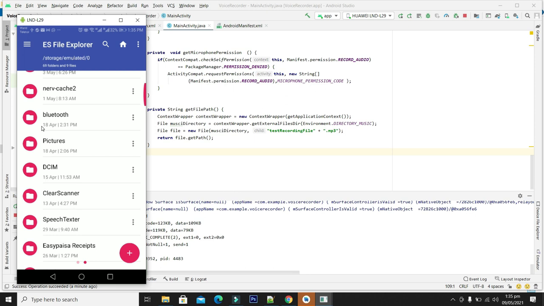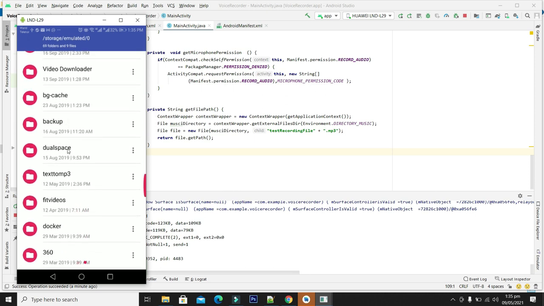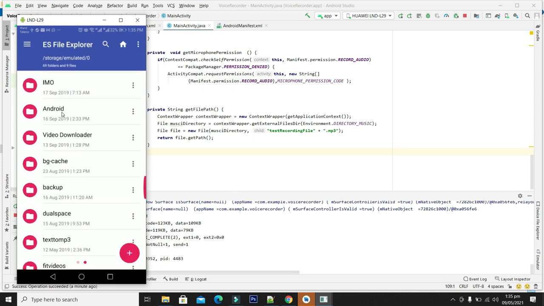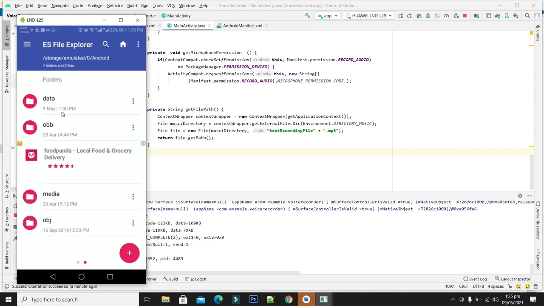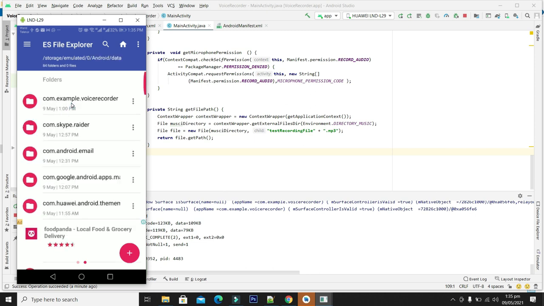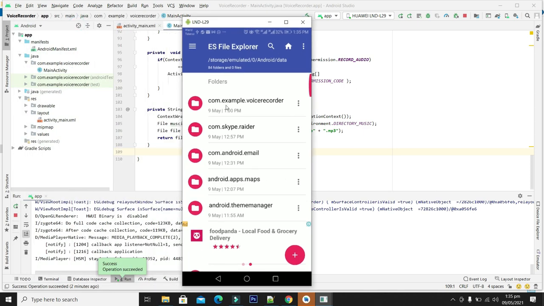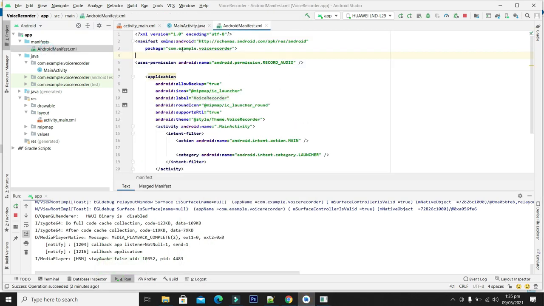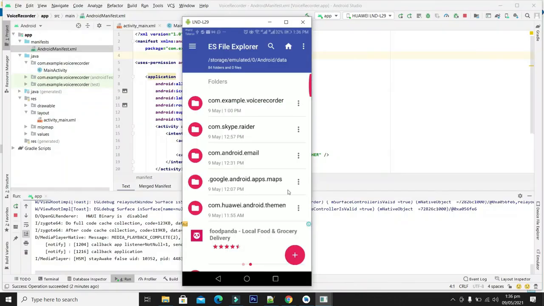From here search for Android and go to Android. From here go to data and search for our application. Our application is stored against its bundle name, com.example.voicerecorder, and it is present here.